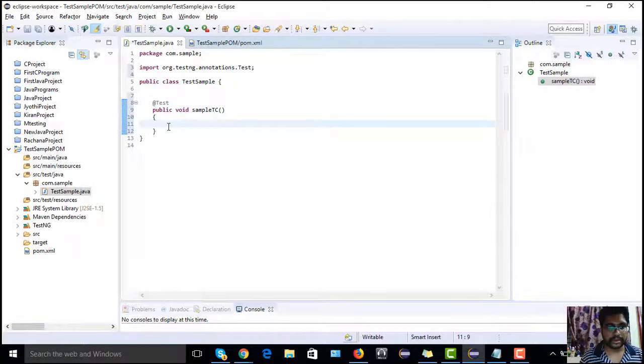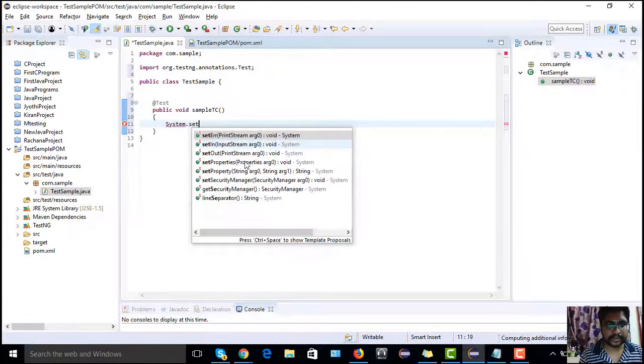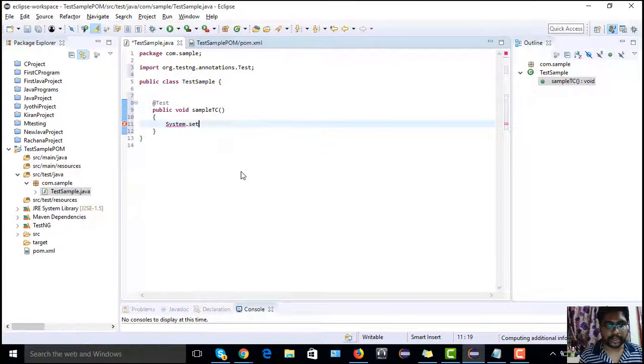So before starting the import package, I am going to say System dot set property. This will be my key and this will be my value.